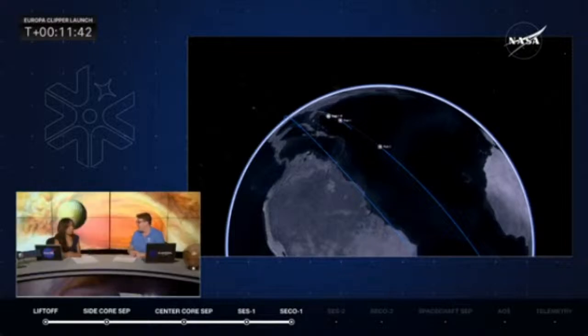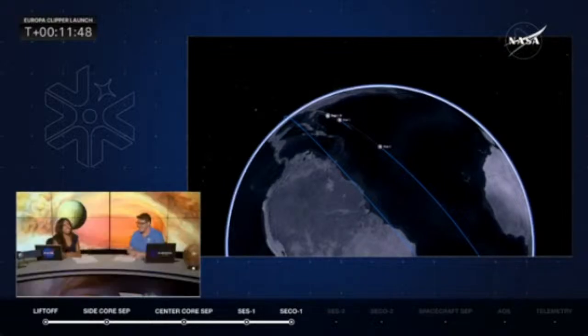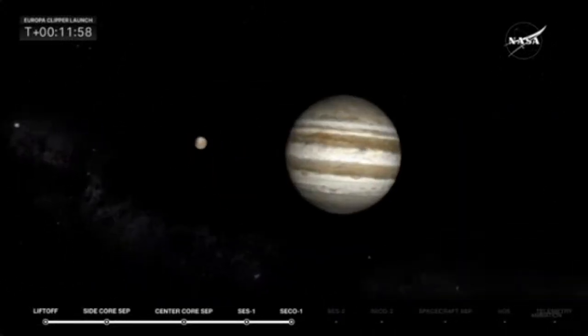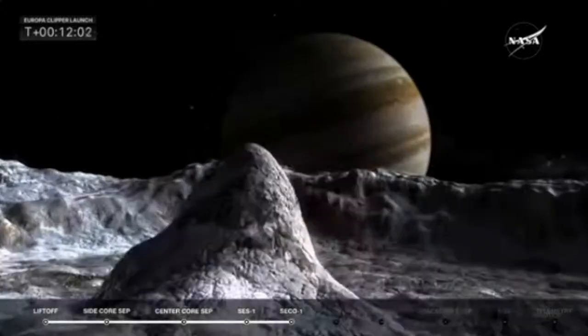And how exciting would it be, right, if we could verify that there are the makings of life as we know it on Europa. So let's dig into the science that is going to make this possible. We have several ocean worlds in our solar system. And by exploring Europa, we're getting a taste of what these ocean worlds